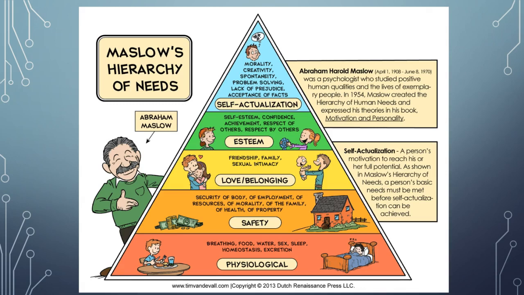Remember, self-actualization is a person's motivation to reach his or her own full potential. Maslow characterizes this need as a desire to become more and more what one is, to become everything that one is capable of becoming. So in other words, it refers a lot to some of the slogans we hear in the Army: be all that you can be, and things of that nature.